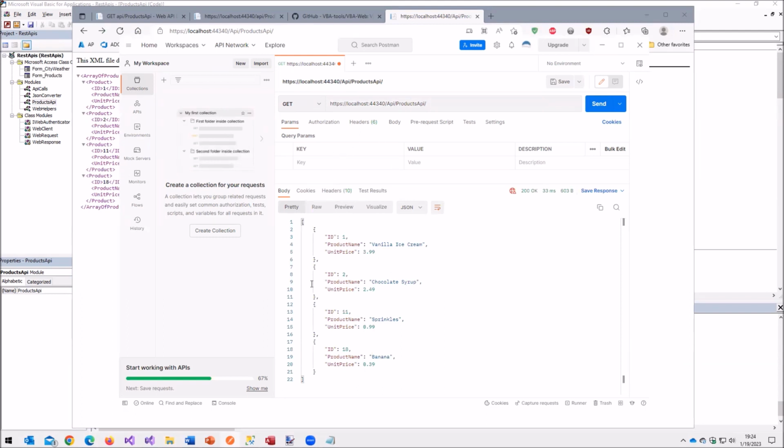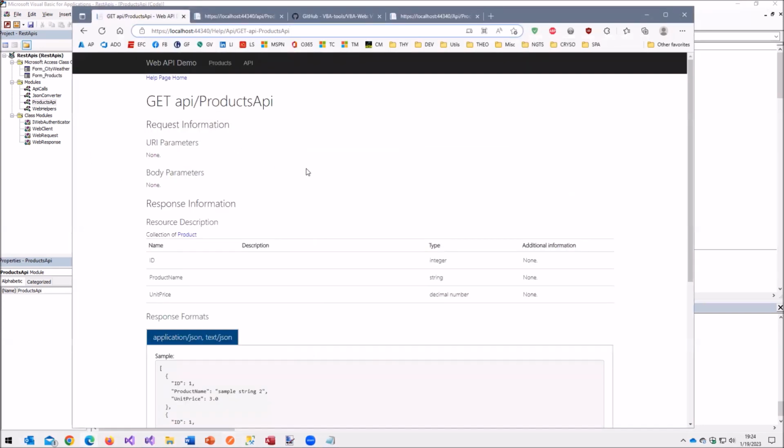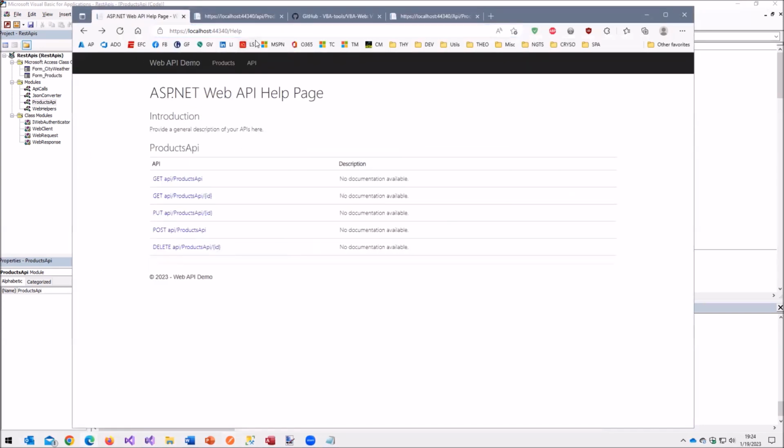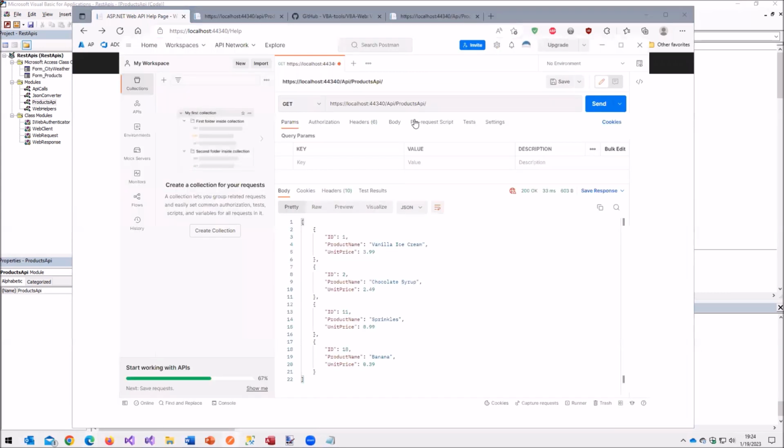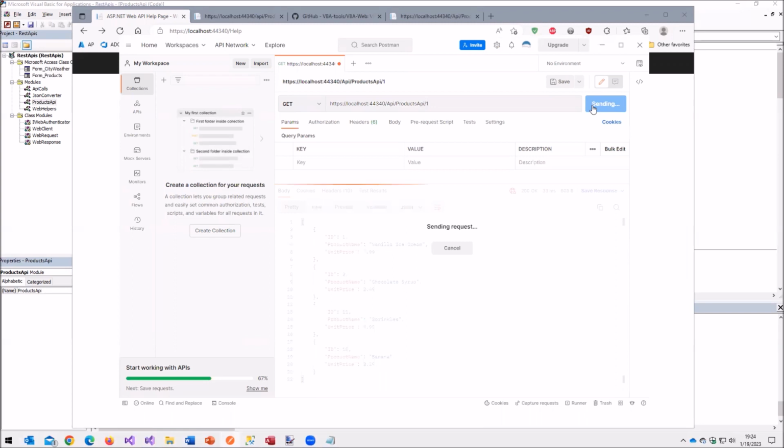So this tells me what the API looks like. Now, I go over here in my documentation, which again, all web APIs that are out there publicly have. And notice that I have GET api/products/id. Let me come back over in here and put an ID and click send. And there it is.